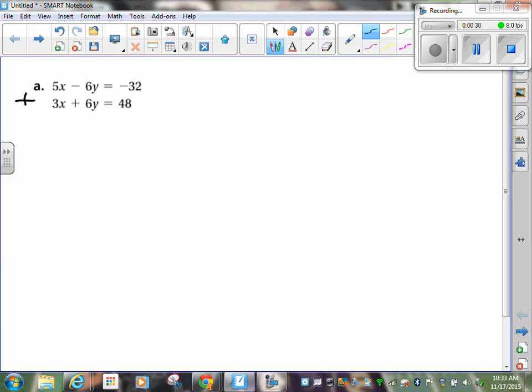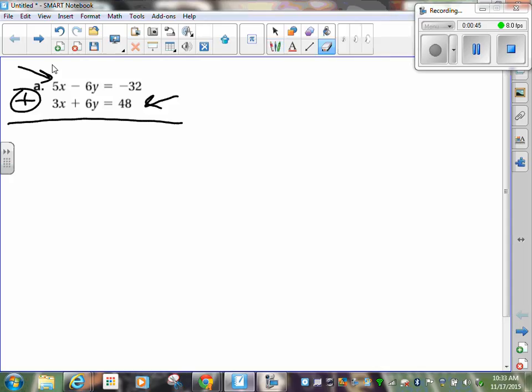Go ahead and just put a plus sign between the two equations. When you do that, that means you have to add everything from the top with everything from the bottom. And when you do that, something will eliminate. So when I do that,